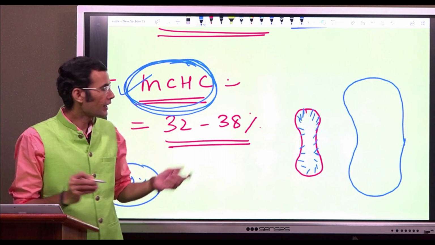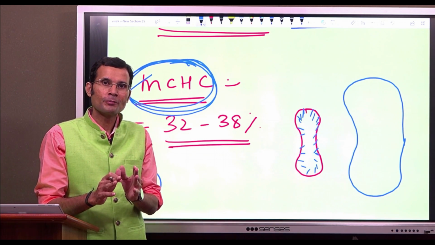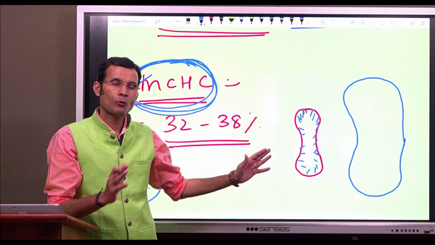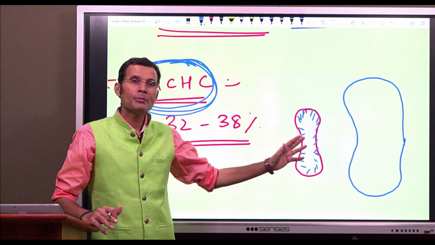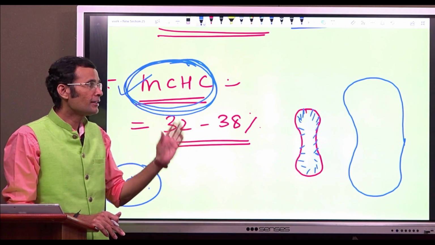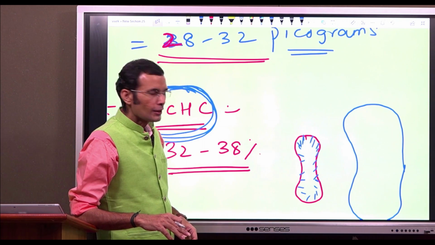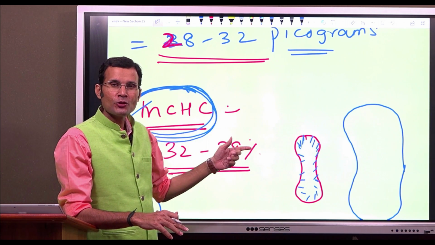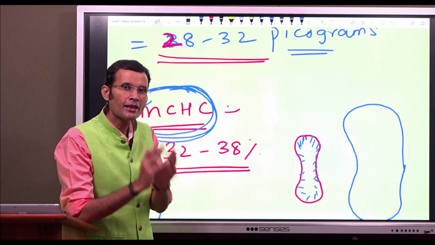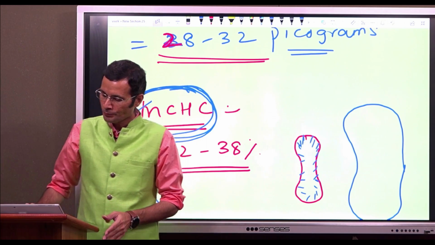Well, this is just a diagrammatic representation. The same amount of absolute hemoglobin, if it were to fill a larger RBC, what will happen? That RBC will be less saturated with that much hemoglobin because RBC size has increased. So remember this, that if the MCH is normal but MCHC has reduced, that means RBC size has increased. So it would be a megaloblastic anemia.